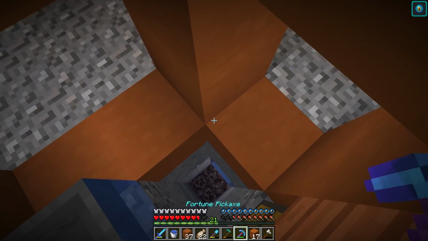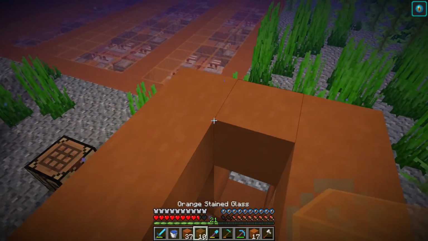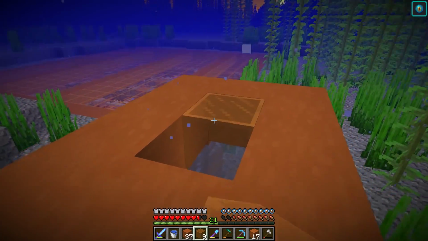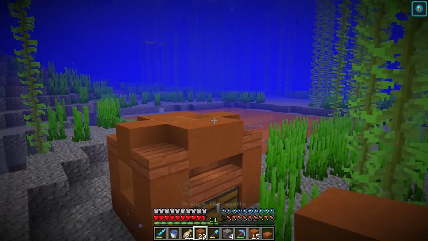I should probably just do orange terracotta. That'll probably be the best. And then I'll have glass in here in case this wasn't clear, so I can kind of look into the thing. I think that could be kind of cool to see. Not